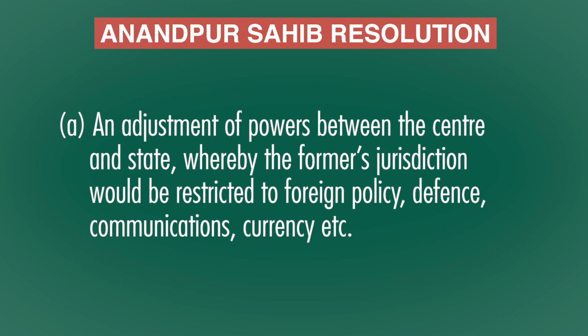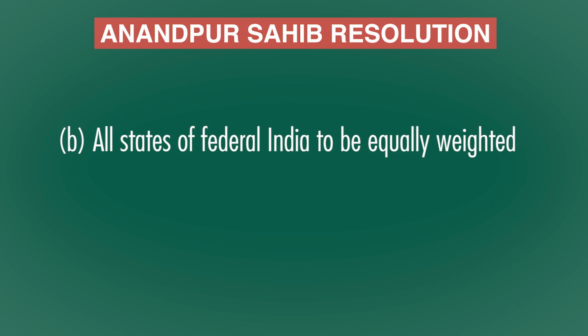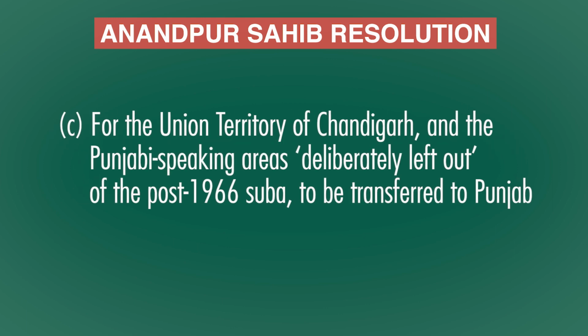The main demands of the Anandapur Sahib resolution were an adjustment of powers between the centre and state, whereby the former's jurisdiction would be restricted to foreign policy, defence, communications, currency, etc. All states of federal India would be equally weighted. The Union Territory of Chandigarh and the Punjabi speaking areas deliberately left out of the post-1966 Suba would